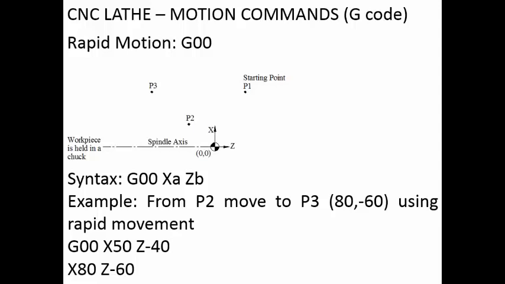Now if a particular X coordinate or Z coordinate is the same, then you need not repeat it, because the controller will only change those parameters which you have given. Remaining parameters, if you have not specified, it will take the previously used values. Usually the tool will move along a straight line up to the end point and it is going to end at the end point. So once we activate G00, it will remain active unless you change it to some other motion command. That is about G00.